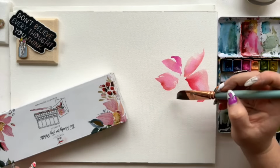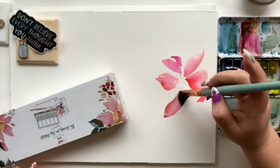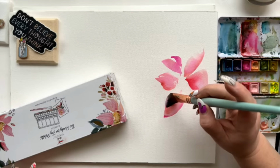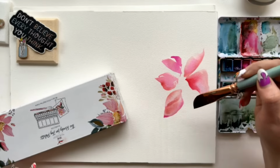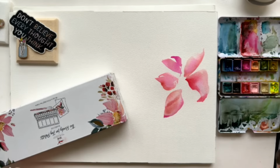I'm starting on the outer edge of the petal. Press, and then I'm dragging up, an upstroke. And then I'm going to go right next door and widen it. All right, we've got 3, 4, 5. I want to put a 6th one in,